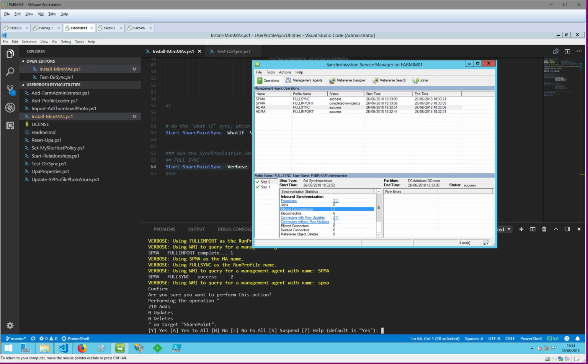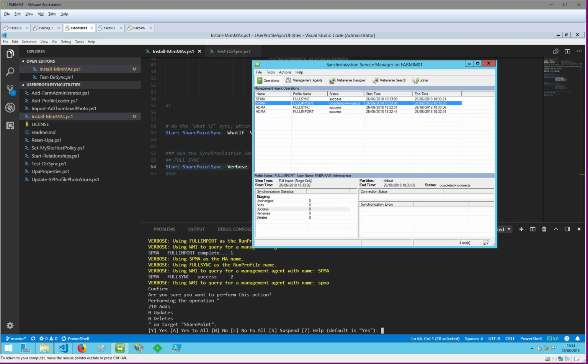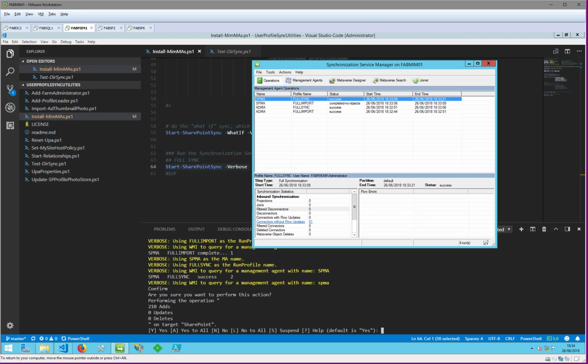We're then going to do basically exactly the same for the SharePoint management agent, a full import. And of course the profile store is empty at present, so there aren't any objects to import, and then we synchronize that with the connector space. Now if we scroll down a little bit, you can see here the outbound synchronization based on the configuration that's deployed by the toolkit already knows that the next stage is going to export some attributes to SharePoint, and we